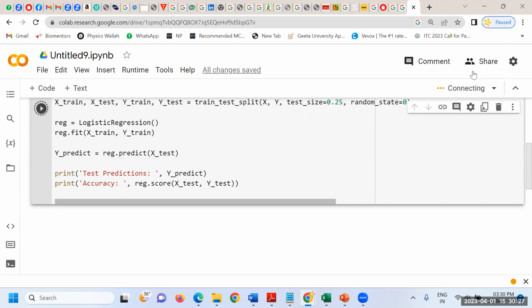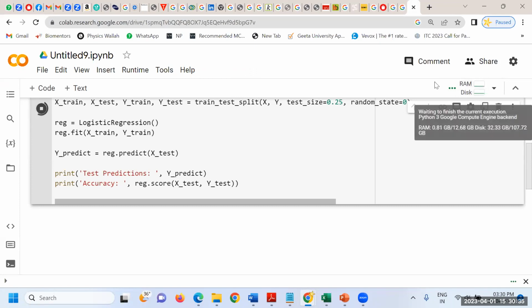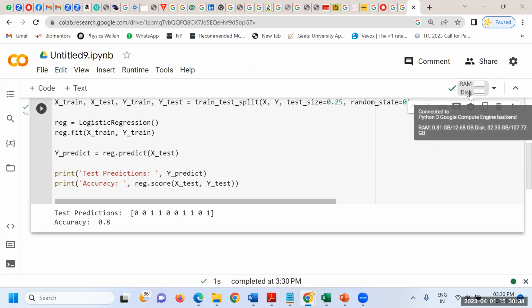So it is free of cost. We are not paying anything for that cloud. From Google, it is free of cost. So we are able to see that it is connected and it has given some RAM from some machine and assigned some disk, hard disk, for me. That is free of cost. Okay, so this part is okay.